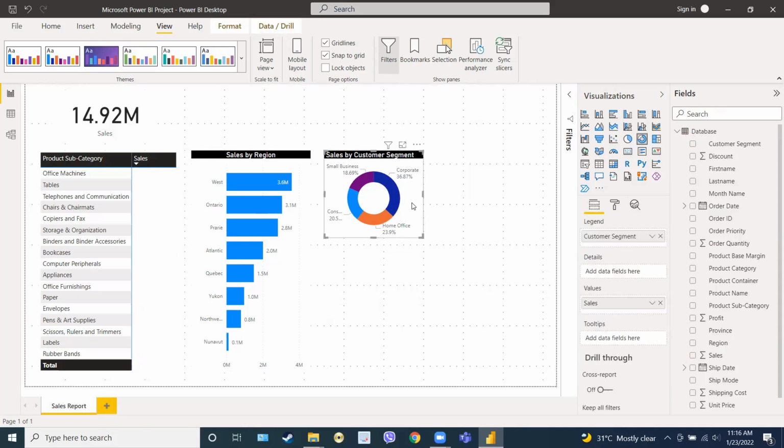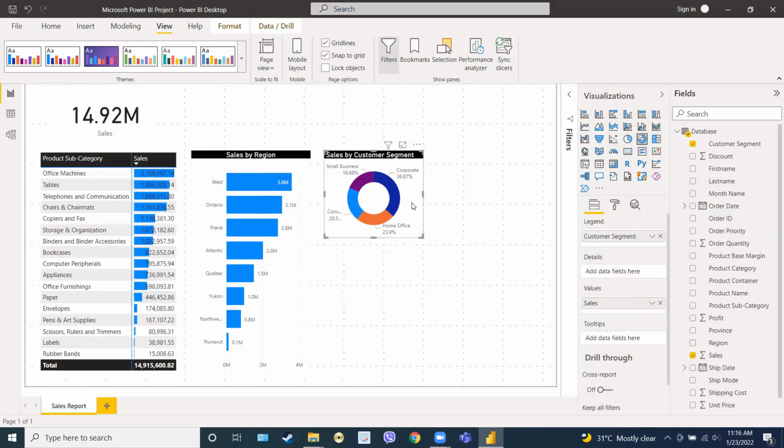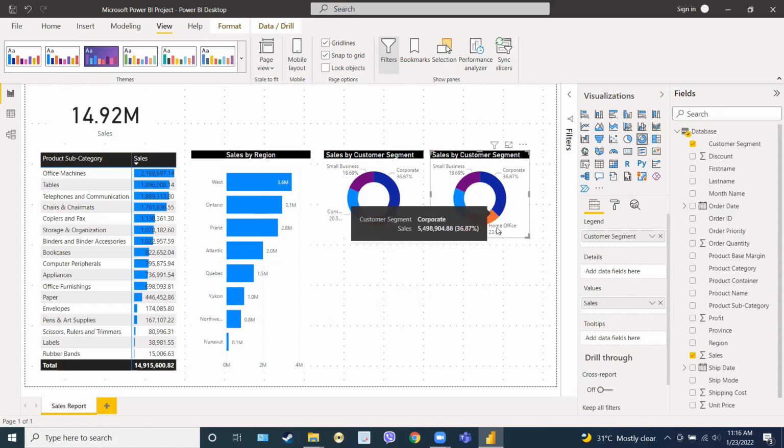Okay? And let me duplicate this report. Usually we copy and paste para hindi natin uulitin from scratch yung settings. Mas maigi nga yun para hindi tayo mahirap magsimula palagi from scratch. Okay? Maliban dun sa sales by customer segment, I also want to look into